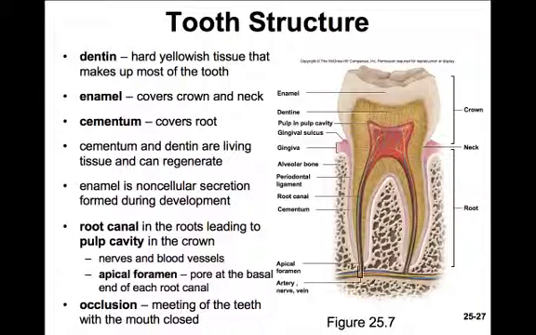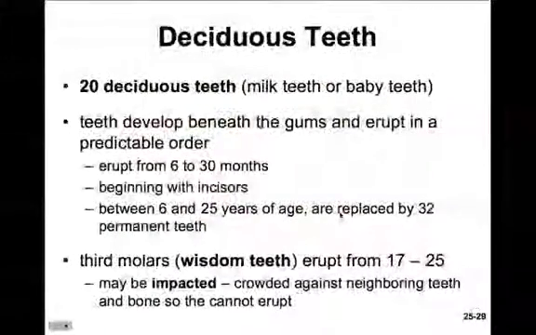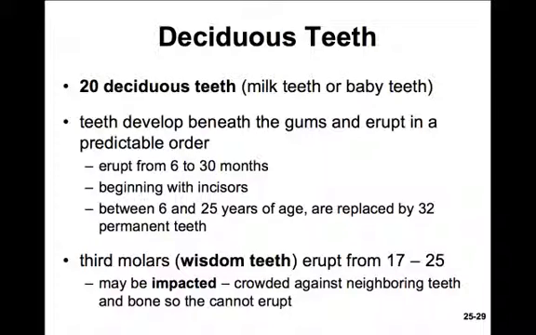Here in this figure, you can see some baby teeth or deciduous teeth, and above or below them, deep in the gum line, we can see the emergence of adult teeth. These 20 deciduous teeth are going to erupt between the age of 6 and 30 months. The incisors come first. And then between the age of 6 and 25, those teeth are going to be replaced by our permanent adult teeth. Often the wisdom teeth can become impacted because of crowding in the gum line. And so they can't grow up past the neighboring teeth,